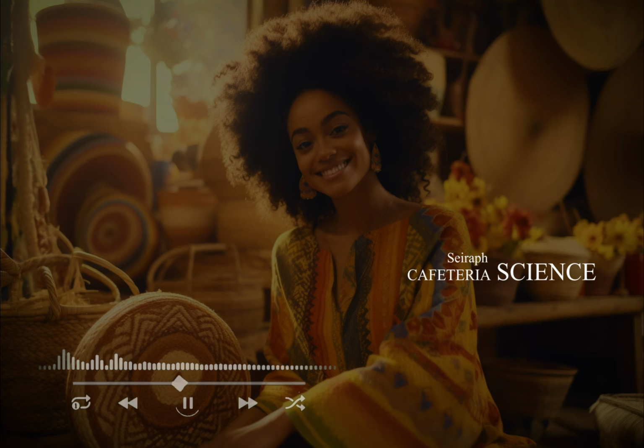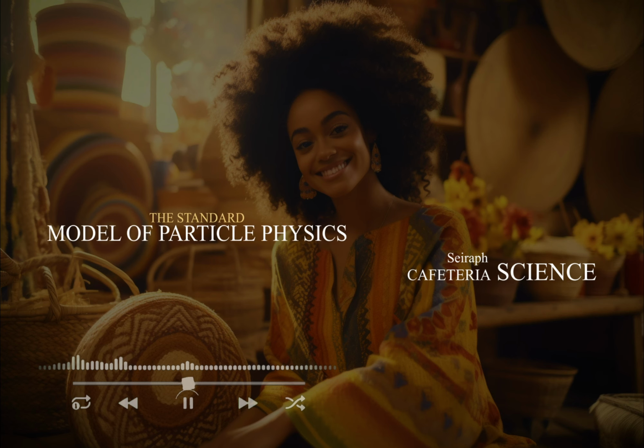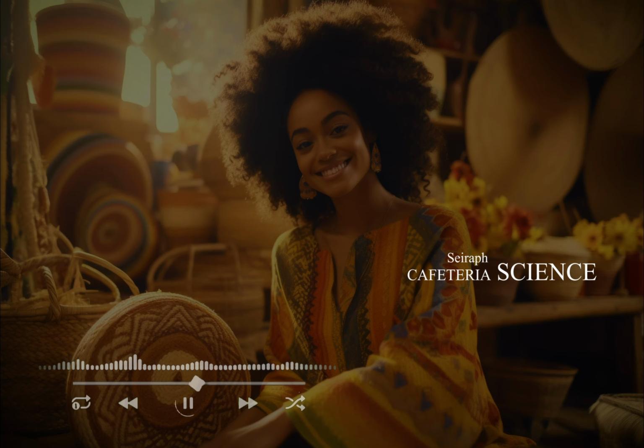So today I thought of touching an introductory small piece of a personal favorite, the standard model of particle physics. The standard model of particle physics is like the ultimate guidebook that scientists use to understand the tiniest things in the universe. And by tiny, what is basically meant is the little bits and pieces that eventually make up everything. It's almost about figuring out what the universe is made of. Imagine you're building with different types of building blocks. In the world of particle physics, these building blocks are tiny particles that make everything around us. The standard model is like the ultimate guidebook that tells us about all these particles and how they interact.